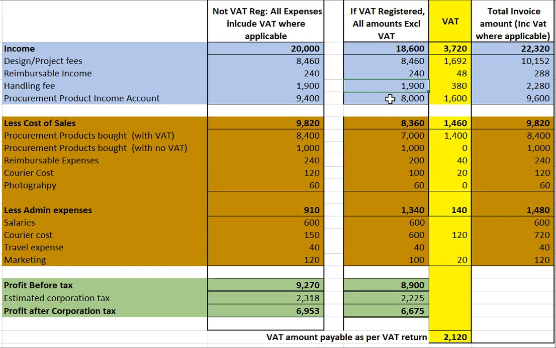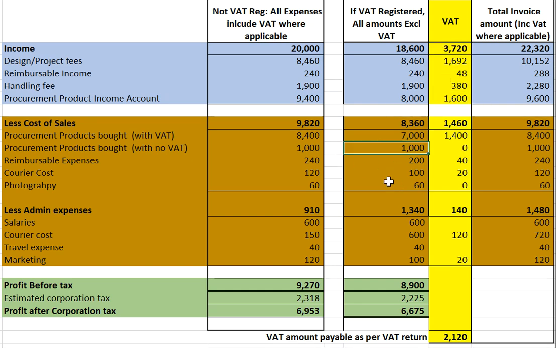Procurement product income account. Remember I said this 8,400 had £1,400 of VAT. So I've split it out here. And so £7,000 is the expense. Now £1,400 moved to that column. We only record excluding VAT amounts in our profit and loss. And again, these two amounts will match with that exactly. Okay. So that's all the VAT received that you receive from your clients,